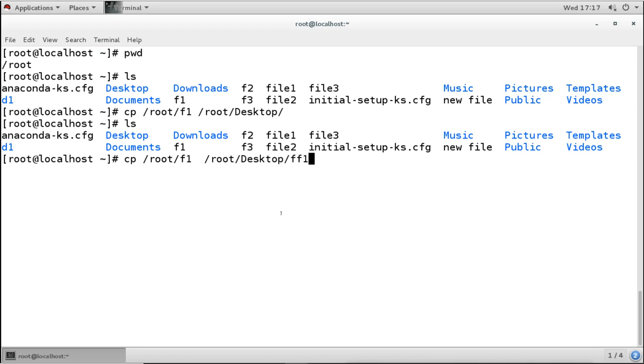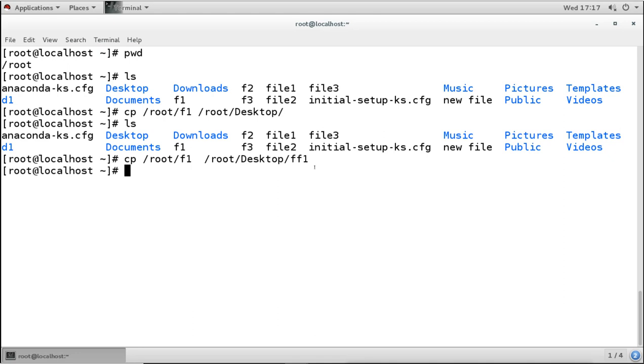It will copy this file and paste it on the destination, but with a different name. So we are copying and renaming also.